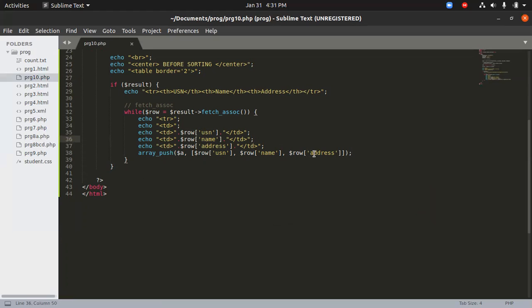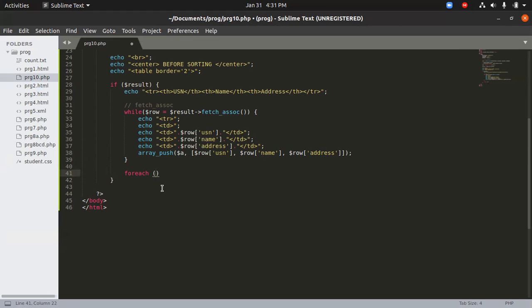So now we have to do the sorting part. So we'll see how we do that. So here, before the while loop ends itself, we'll do the sorting here for each. It's like after the while loop ends, before the if statement ends, we have to do the sorting here.